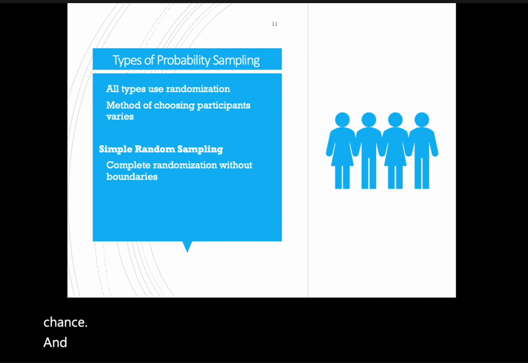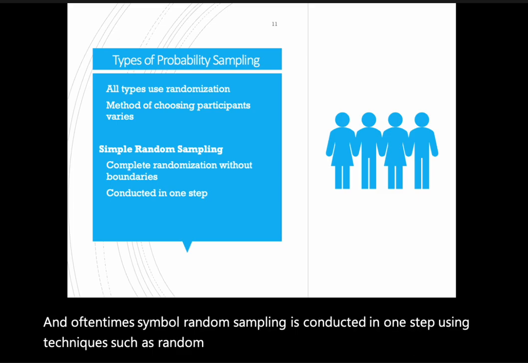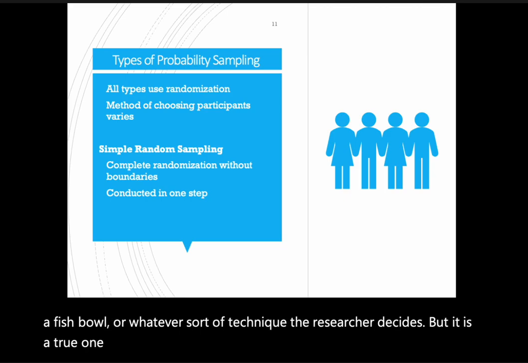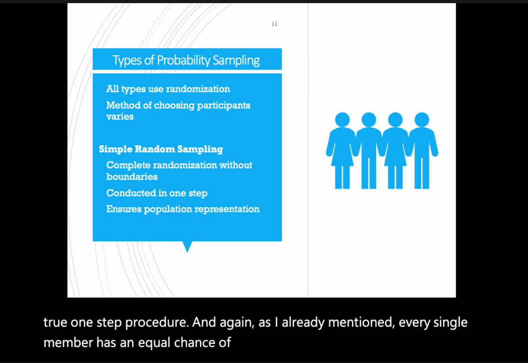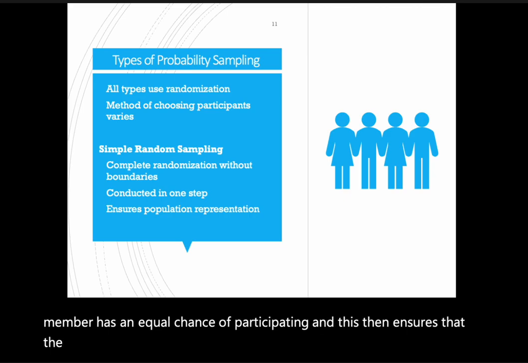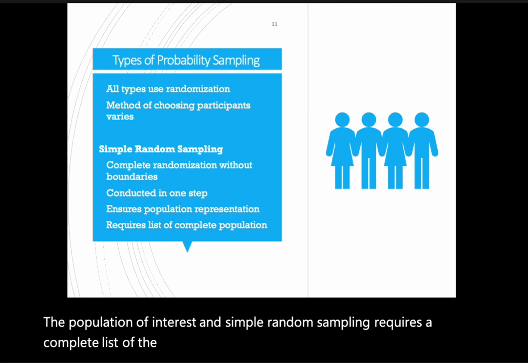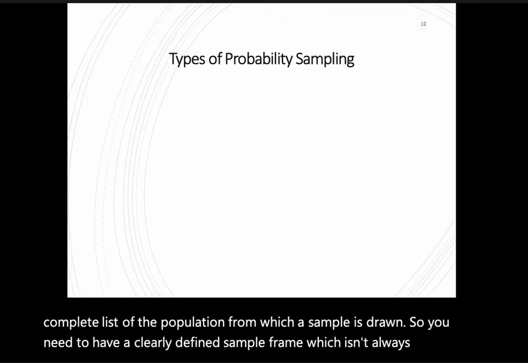And oftentimes, simple random sampling is conducted in one step using techniques such as random number generation or drawing numbers from a fishbowl or whatever sort of technique the researcher decides, but it is a true one step procedure. And again, as I already mentioned, every single member has an equal chance of participating, and this then ensures that the sample in your study is a representation of the population of interest. And simple random sampling requires a complete list of the population from which a sample is drawn. So you need to have a clearly defined sample frame, which isn't always possible, which is why we have something